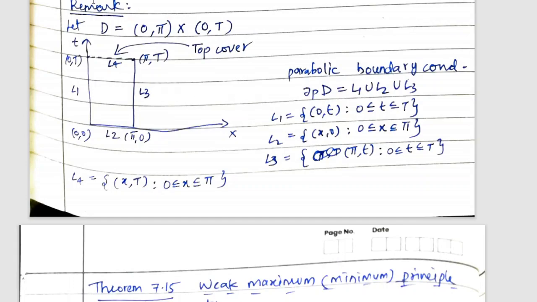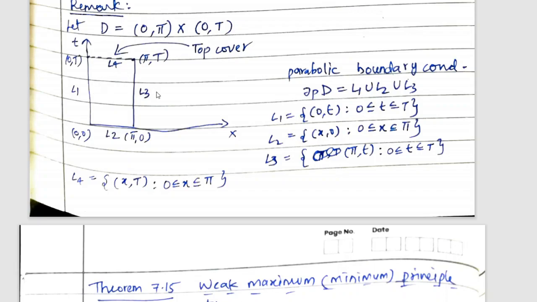Now suppose that we consider the domain D to be 0 to pi cross 0 to T. So this is the time domain and this is the domain for the spatial variables. Suppose I am considering only x and t, so D is this 0 to pi. In this case it will be more clear. So this is 0 to pi, and time we will take along this, so it is 0 to T.